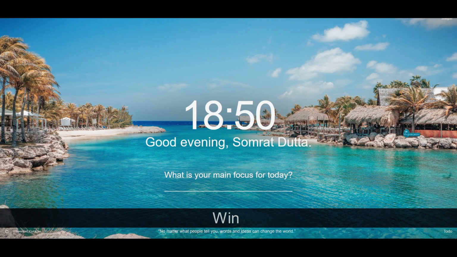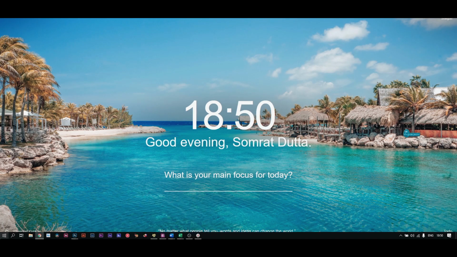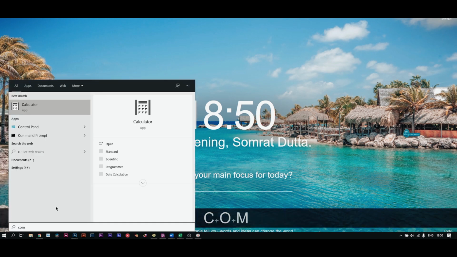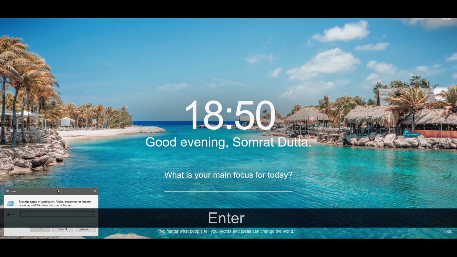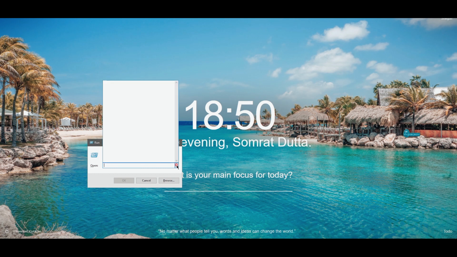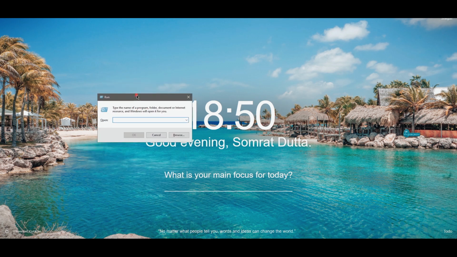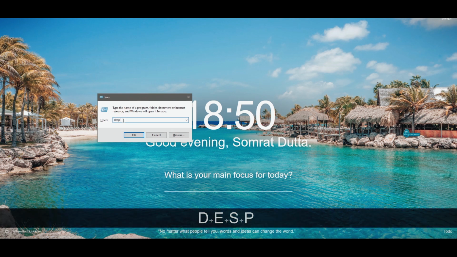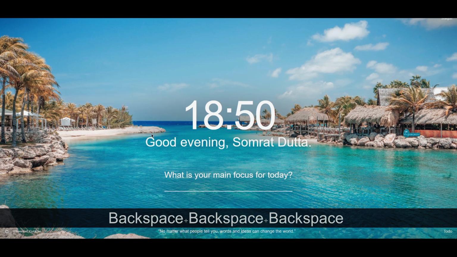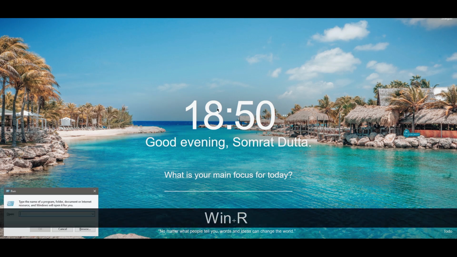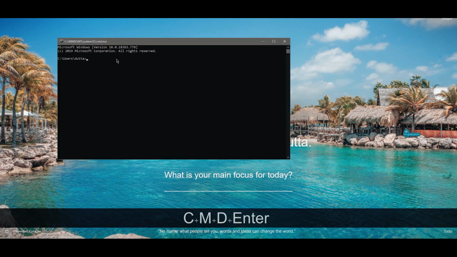One of the very popular shortcuts is the command prompt shortcut. Normally you would go to Windows, search command prompt and access it. You would use this a lot when you're force closing any application and you want to open it, like on the desktop, something like that. But you can quickly access this by pressing Windows plus R. CMD will open the command prompt.